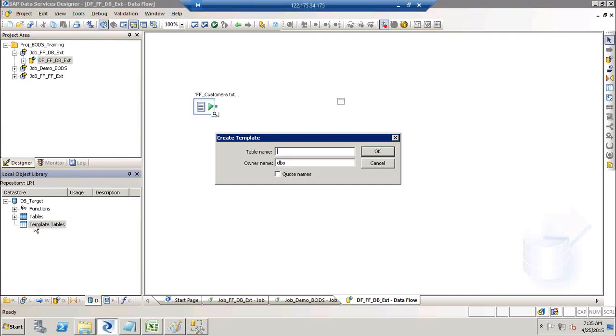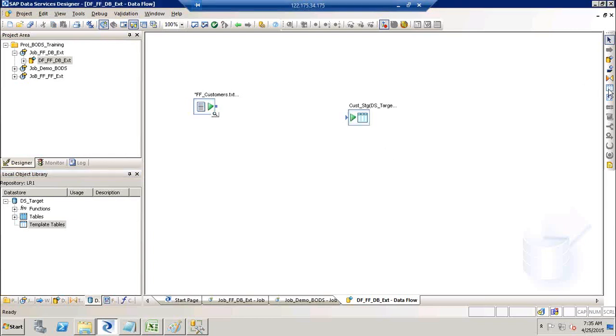Option 1 is select the template table, drag and drop it into your data flow, and give the name as customer_staging, and DBO is the owner name for SQL. So you can just click on OK. This is option 1 in creating a table,